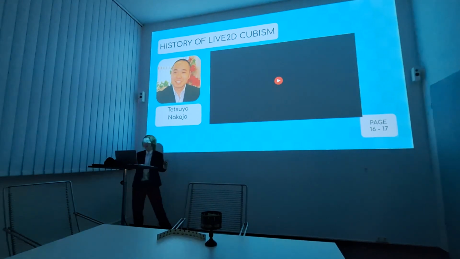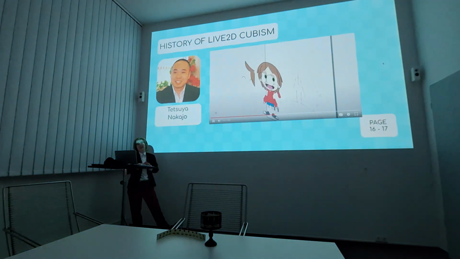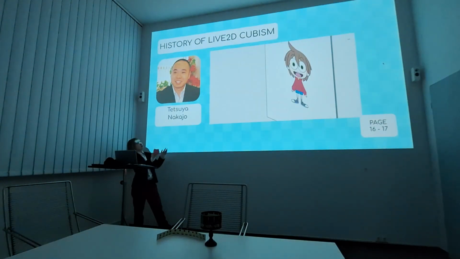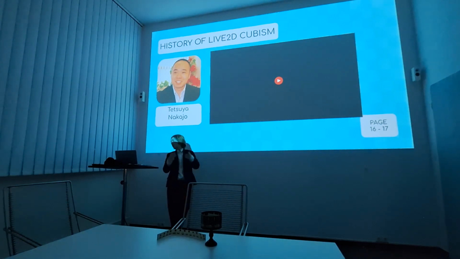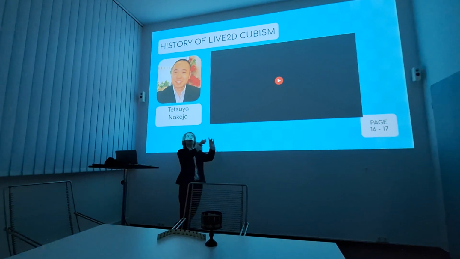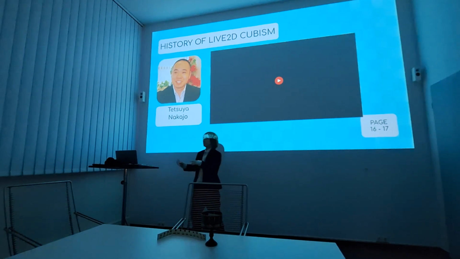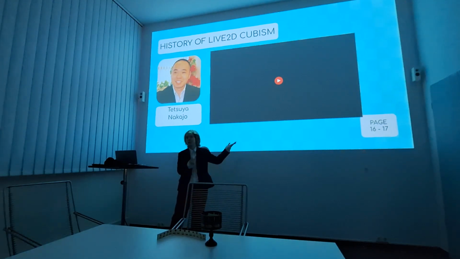And here we can see his original character that was first animated in its full glory with this three-dimensional, non-three-dimensional program that he developed. Live2D is different from Live2D Cubism. Live2D is, like I said, the basic language on how to use this, right?